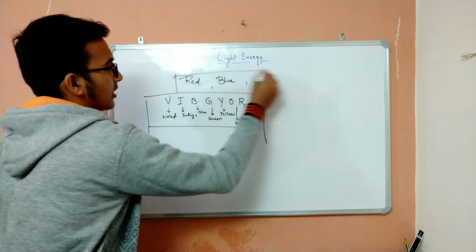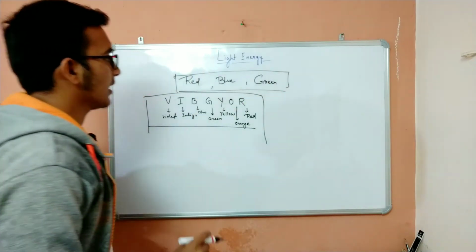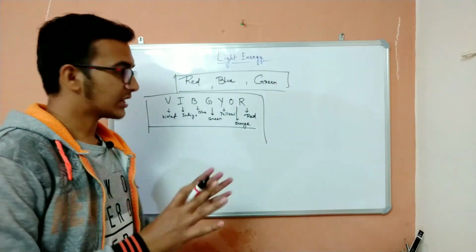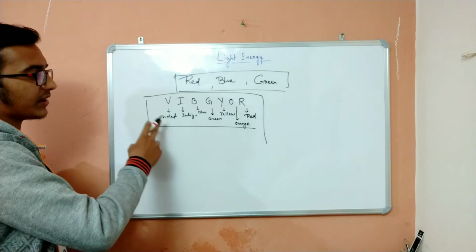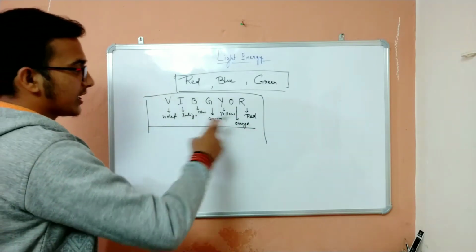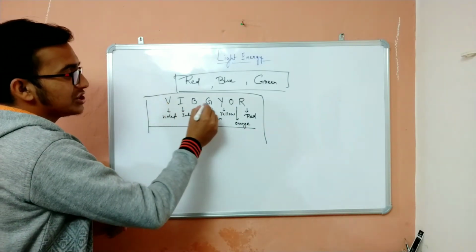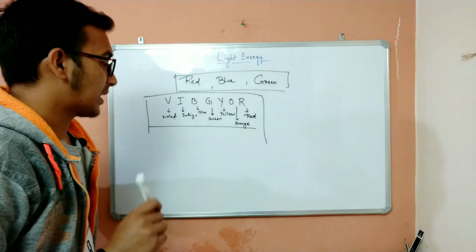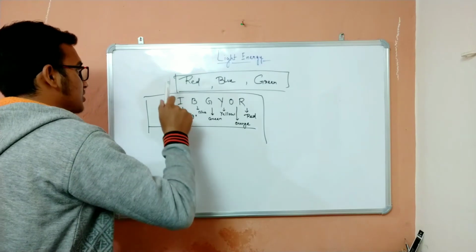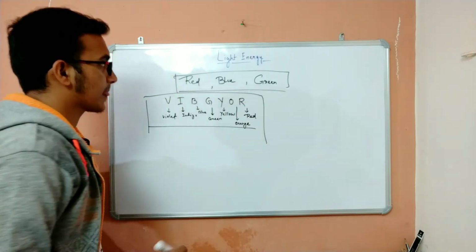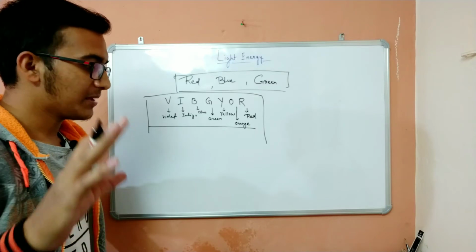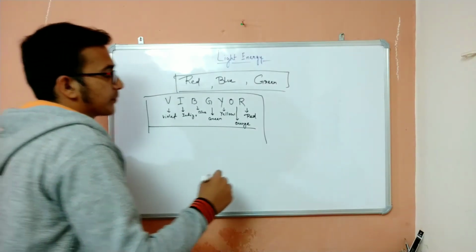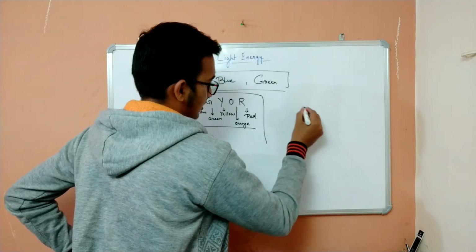These three are the primary colors, okay? Now these colors, red, blue, and green, these are the main ones over here. Why I have written violet, indigo, blue, green, yellow, orange, and red in the form VIBGYOR, you will learn later on. But right now you need to pay attention to red, blue, and green. These three colors are very basic colors and the most important ones, because if you combine these three colors,